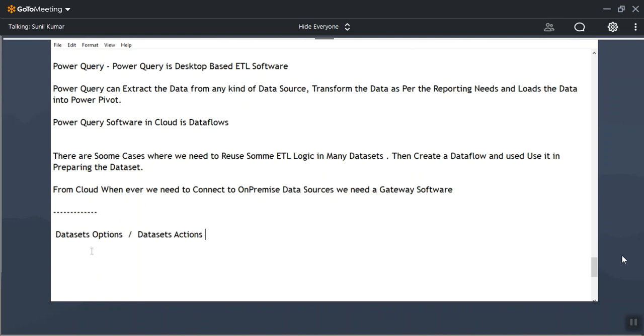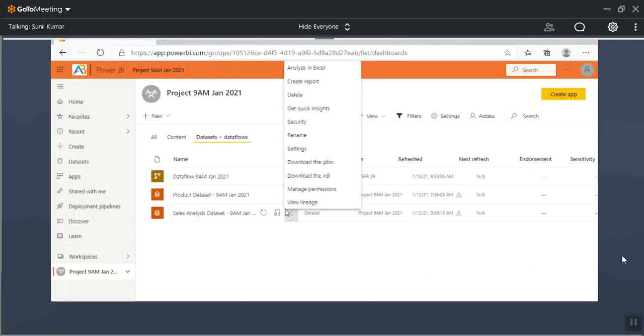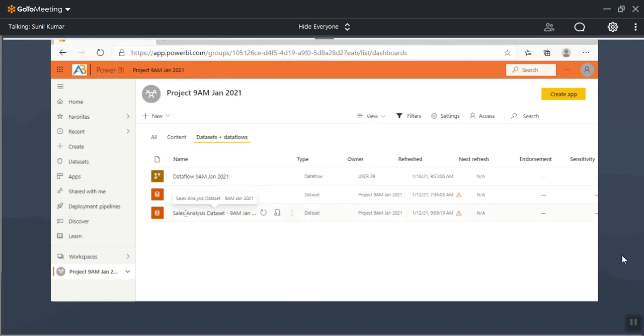What is analyze in Excel? Some people are comfortable with Excel and know it very well. With the same tables and data, you can perform data analysis in Excel also, the same way we perform analysis and create reports in Power BI.